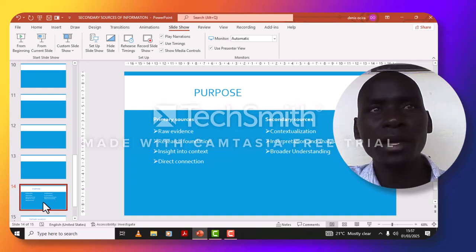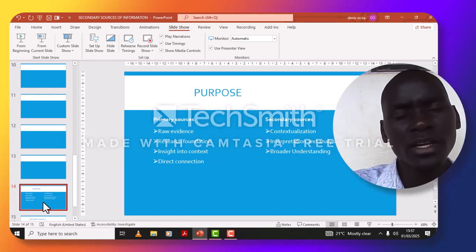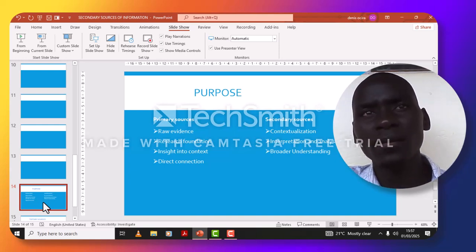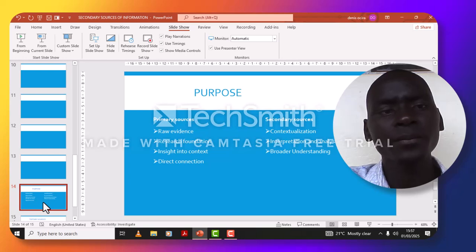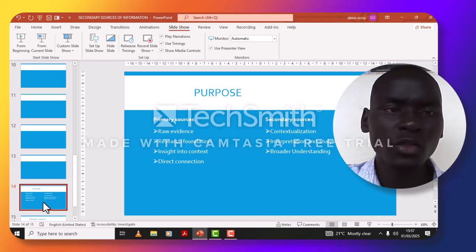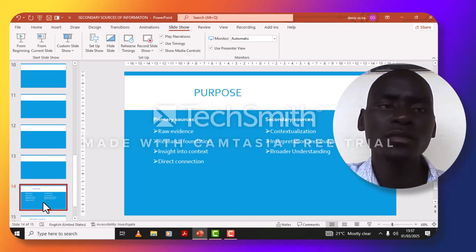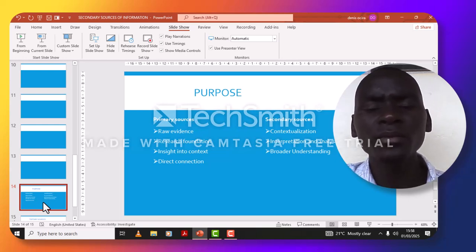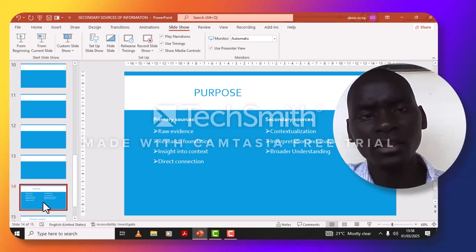Therefore, first compare: is this information really correct? How is it going to affect? What should we include so that that effect may not happen? Those are the analysis questions they may ask themselves when they are making a secondary source of information. So those are some of the many purposes of secondary information.